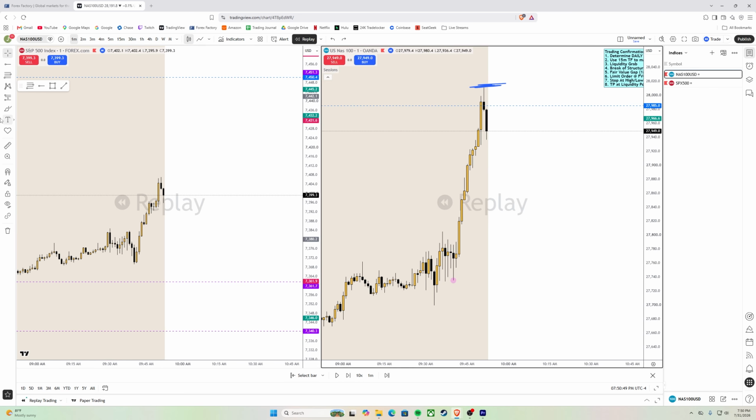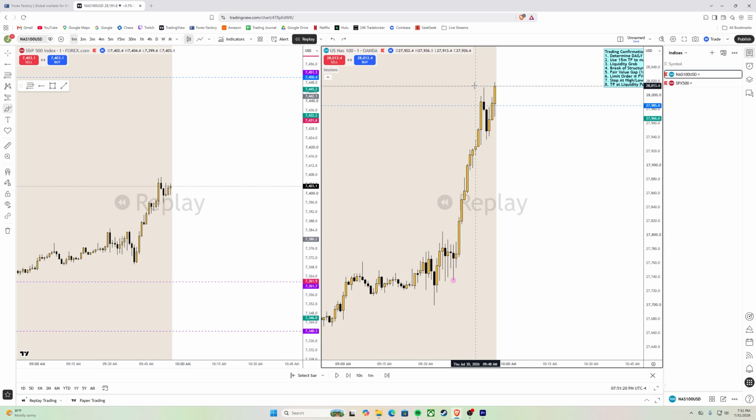Because we want to see a break of structure, and if the last point of structure is all the way down here, that is going to be a very horrible setup as far as risk reward, as far as everything, right? And it's probably not even going to deliver us a setup because we want to see displacement. So displacement would basically mean consecutive bearish candles. After this first bearish candle got formed, you would need to see consecutive bearish candles all the way down here, which is very unlikely to happen, right? So in my mind, I'm expecting price, if it's going to give us an entry, it needs to push up.